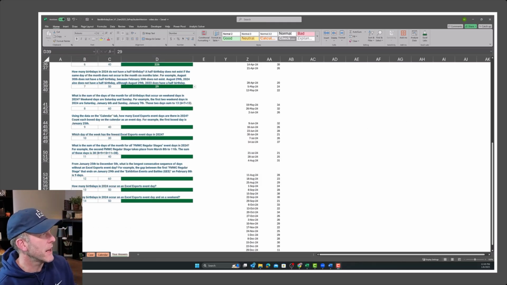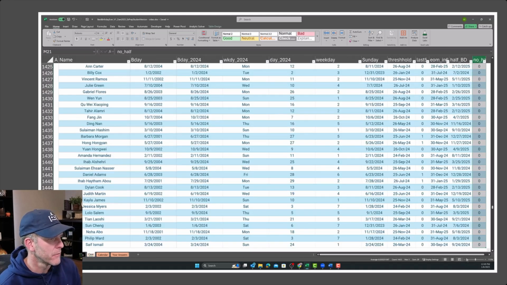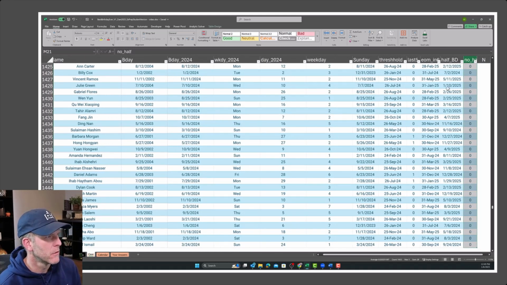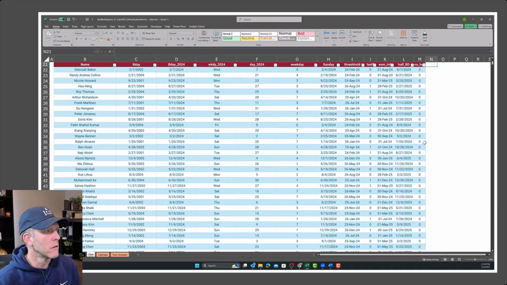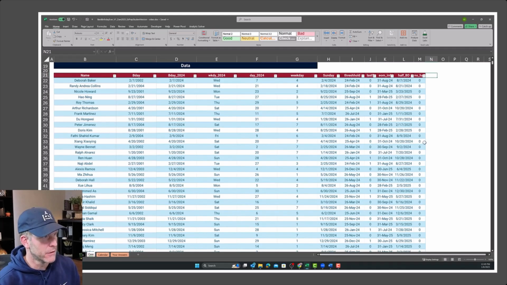What's the sum of the days of the month for all birthdays that occur on weekend days in 2024? So the first step here is going to be to flag the birthdays that are on either a Saturday or Sunday. I'll create another variable, and we're going to call this weekend. And I want this to be a 1 if the day of the week is a Saturday or Sunday,